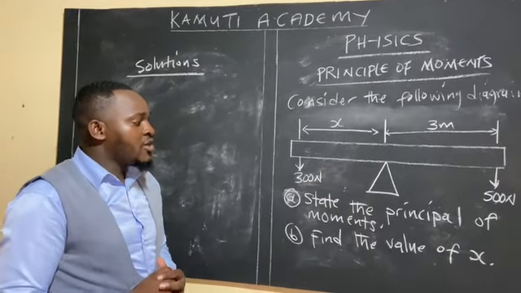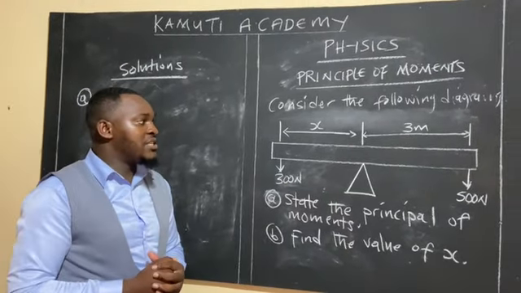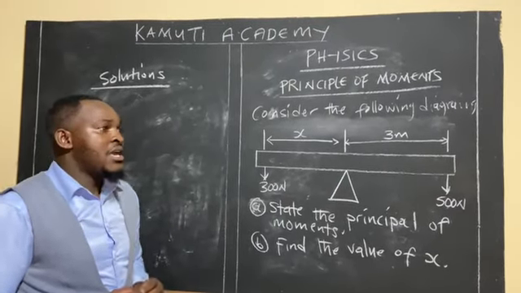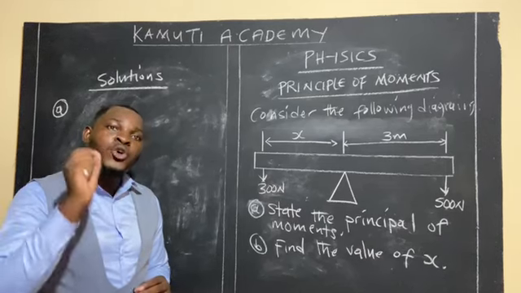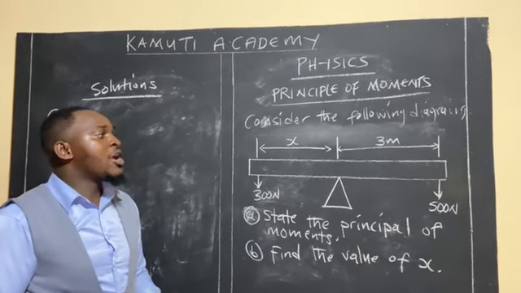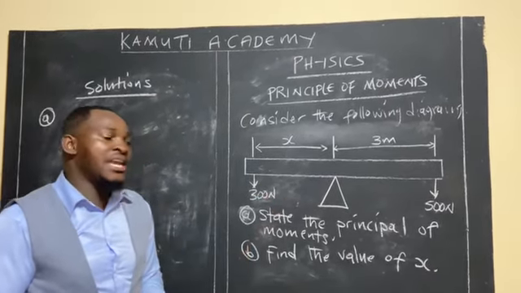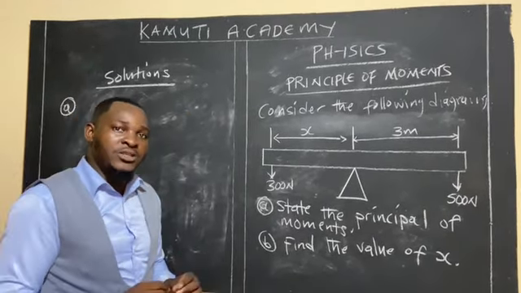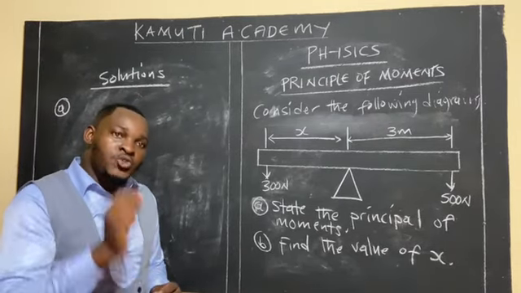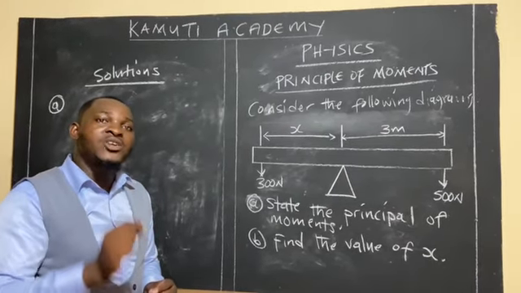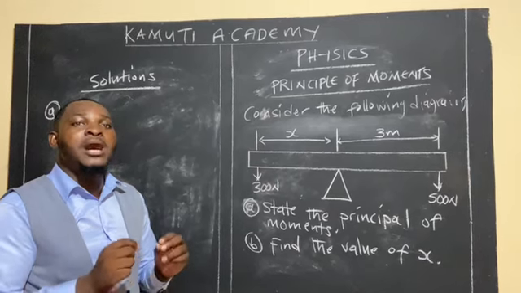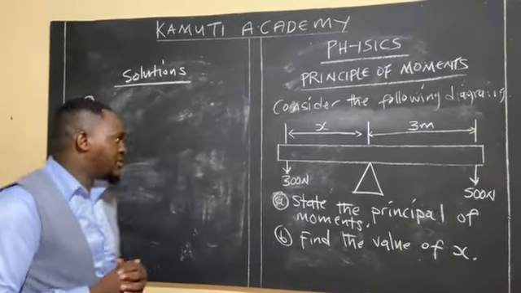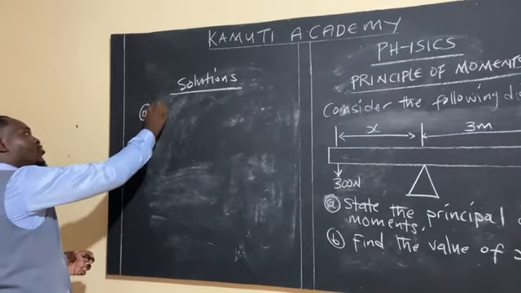So to state the principle of moments, we're simply saying when a body is in equilibrium, the total sum of the clockwise moments, because it can be more than one moment, about a pivot is equal to the total sum of the anti-clockwise moments about the same pivot. That is how you state the principle of moments. All right, so to write that, I simply say